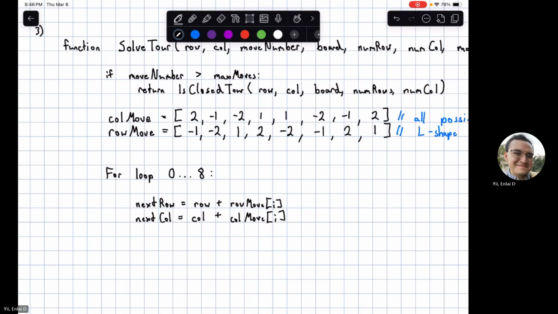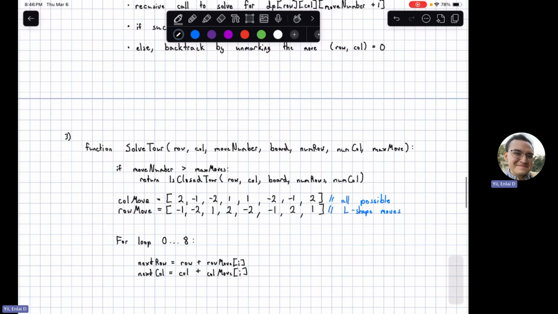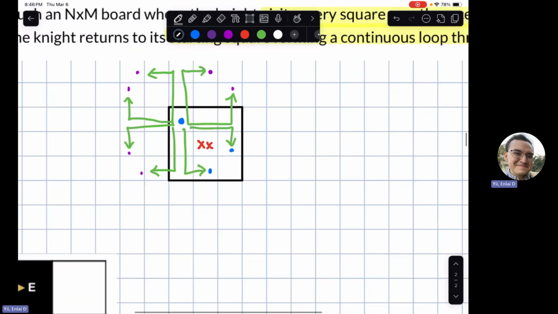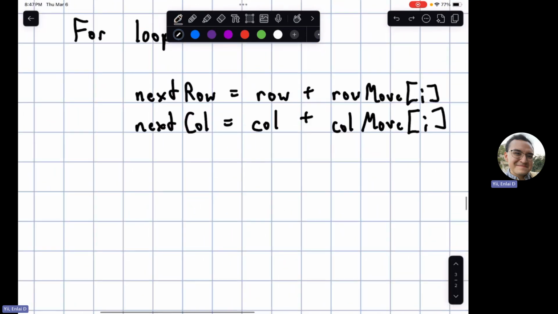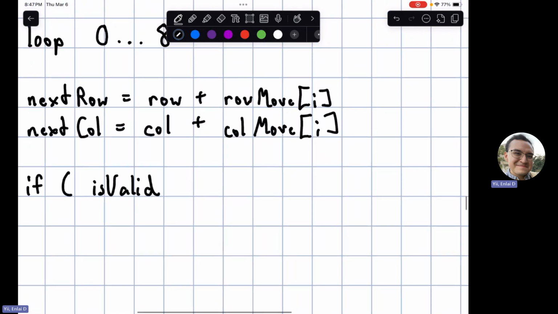Cool, cool. Now we're going to check, is this valid or not? And if this move is valid, as we did earlier up here, let's keep going. And if it is out of bounds, like these variables over here, we have to reassign this, or we can never do this at all. So let's see this real quick. So let's do if valid. Basically, we're going to pass in a few variables as well. So we can check next row, next column,